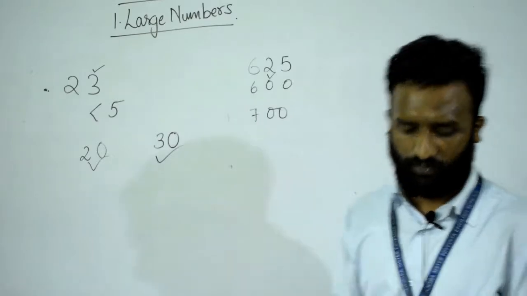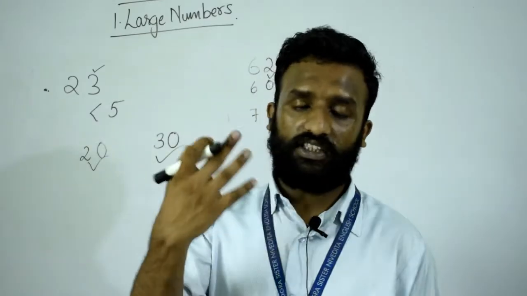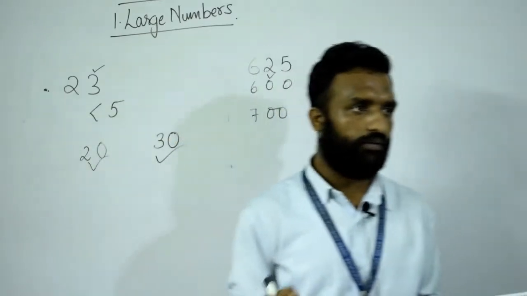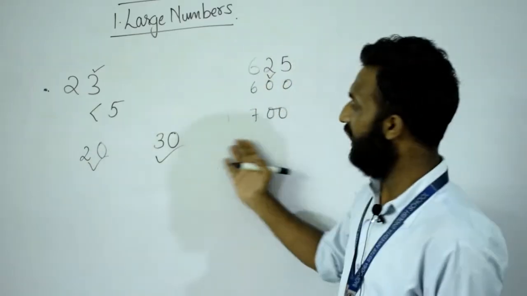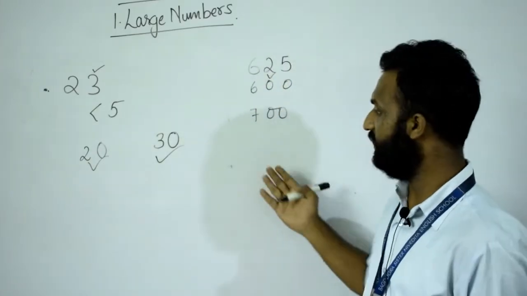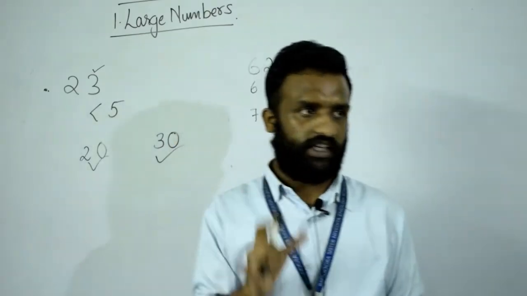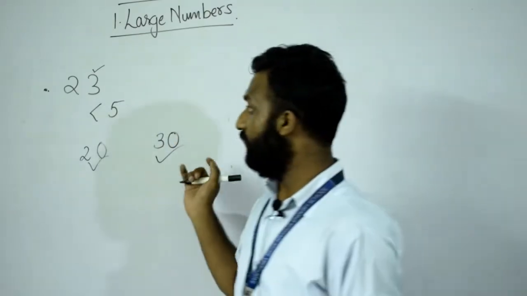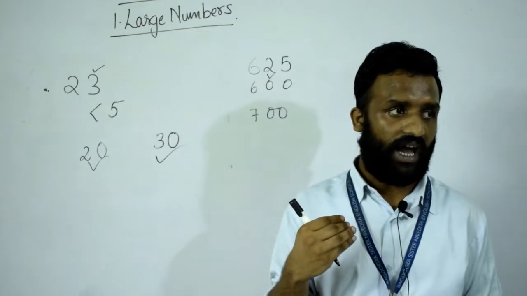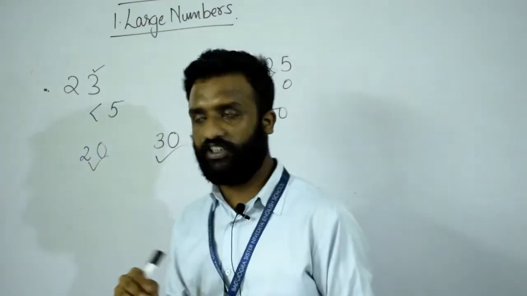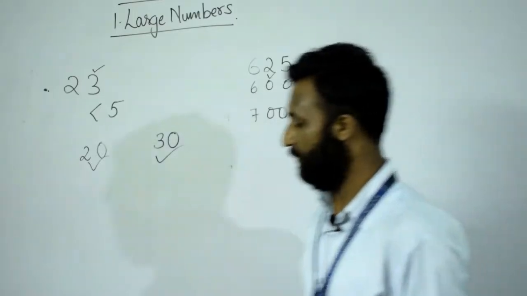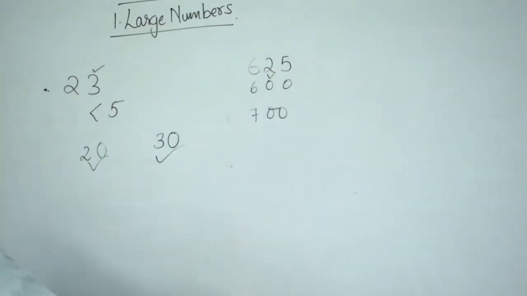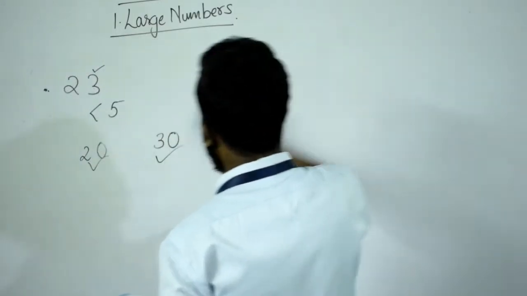The same procedure applies for rounding a number to the nearest 1000. At that time we'll check the digit at the 100s place. If it is less than 5, we do the same procedure, and if it is more than 5 or equal to 5, it will be the same as before. So let's start with the exercise, and you will understand it more properly.